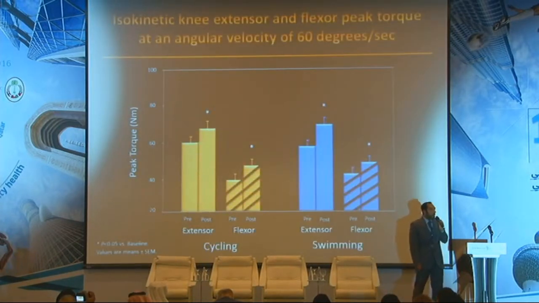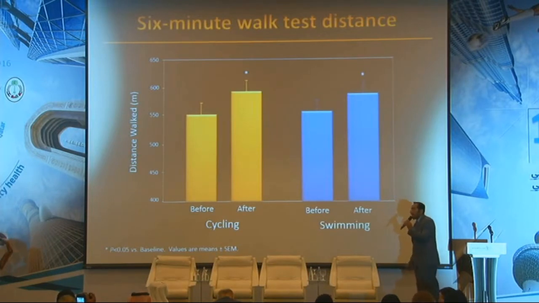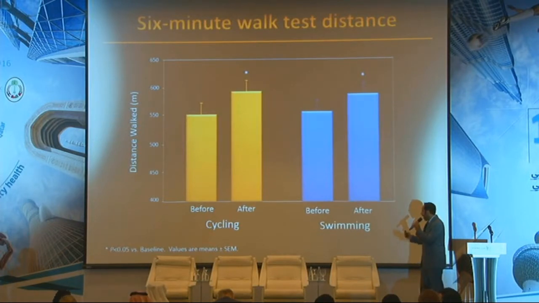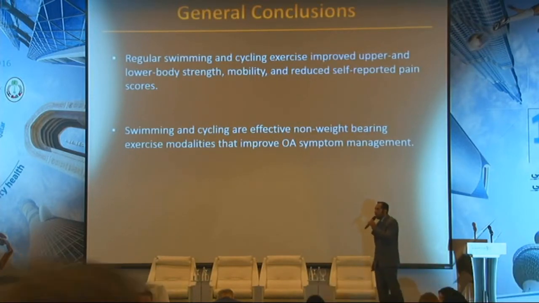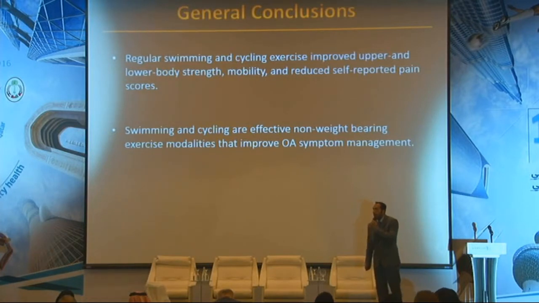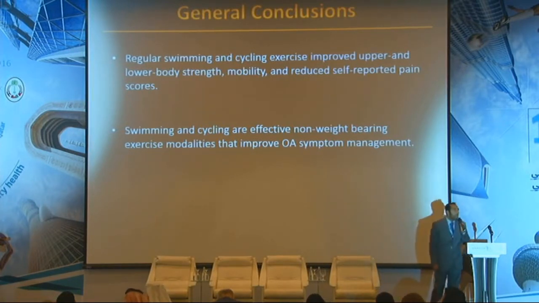For knee extension and flexion, both exercises improved strength, for extension for cycling as well as swimming, and for flexion significantly. In the 6-minute walk test, both exercises improved the walk distance significantly in both groups, cycling and swimming. Now, for the general conclusion, I could say that regular swimming and cycling exercise improve upper and lower body strength and mobility, and reduce self-reported pain scores, and that swimming and cycling are effective non-weight-bearing exercises that could improve